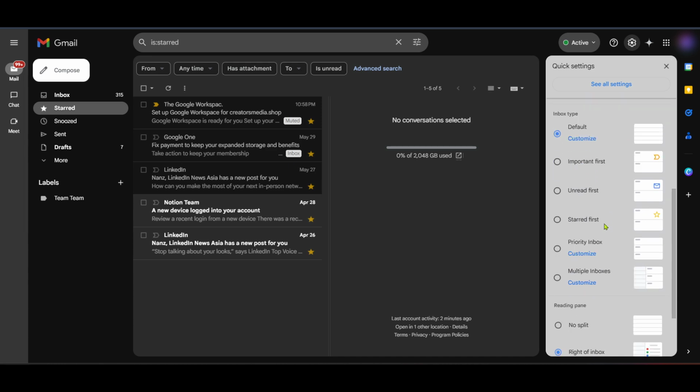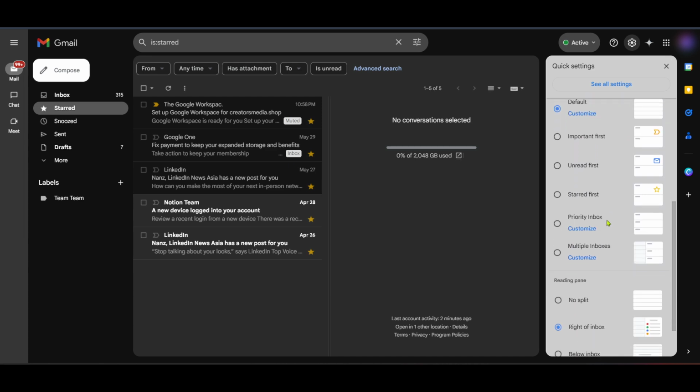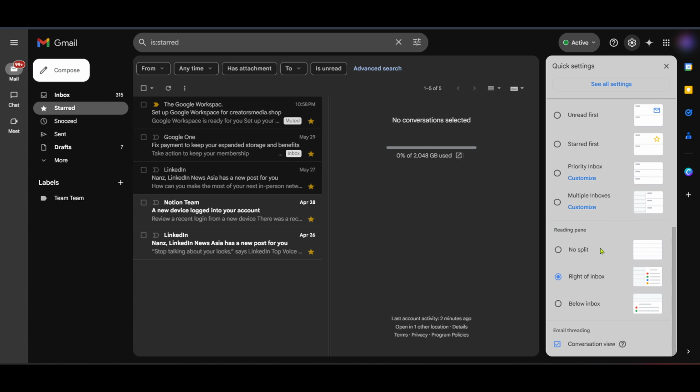Keep in mind that interfaces may appear slightly different depending on updates, but typically there's a dedicated option that allows users to switch back to previous versions of Gmail's layout. Once you've made the change in the quick settings, your Gmail interface should immediately update to reflect the older layout you're used to. You can double check everything has worked correctly by navigating through your inbox and ensuring the visual